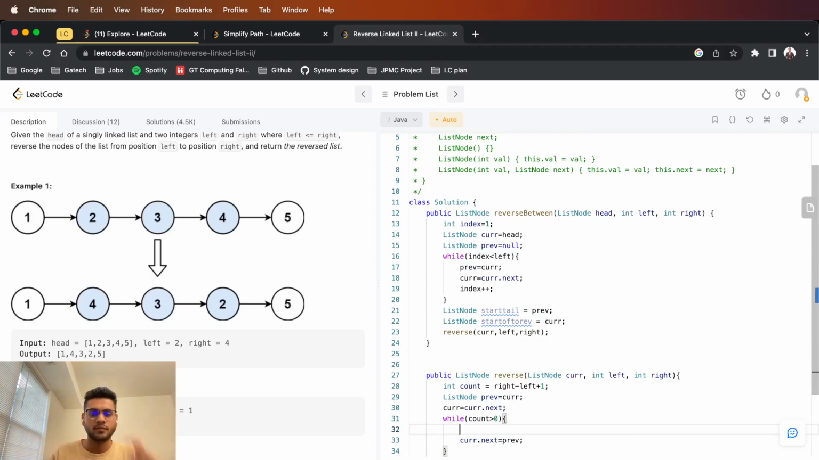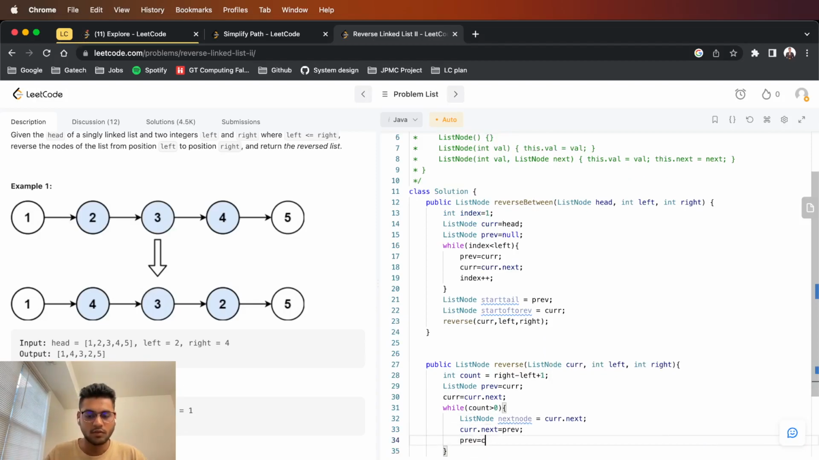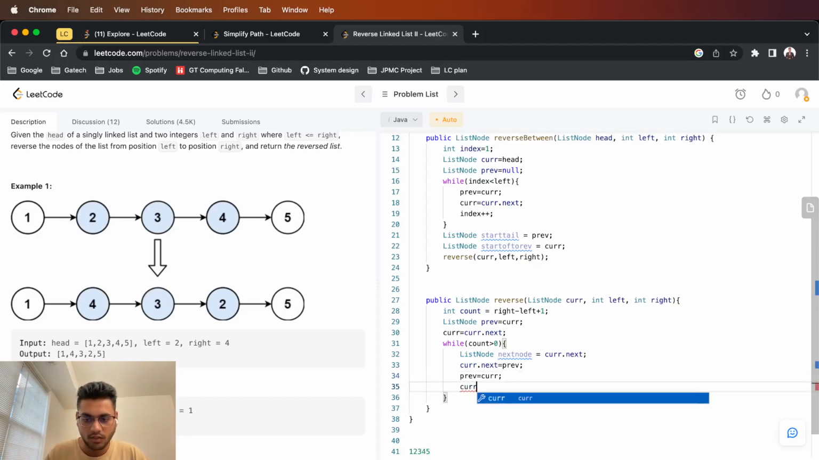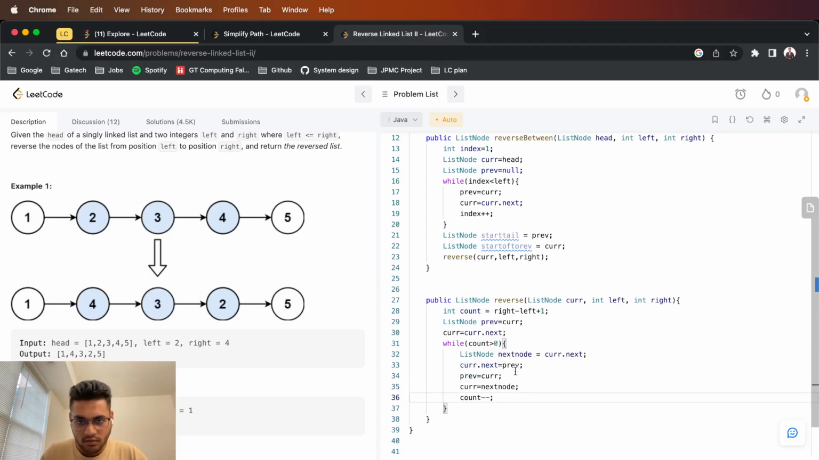Okay, how do you reverse? So I have 2 and 3. I'm going to keep my next node. Next node will be equal to current.next. Current.next will be previous. Previous will go to current. So basically 3 will point to 2. 2 comes to 3. 3 will go to the next node, so current will be equal to next node. And I'll do count minus minus. What I'm doing here is I just reversed one, and I decrease my count by 1. Count was initially 3, 4 minus 2 plus 1, that's 3. So I reverse 1, I decrement my counter. I reverse 1, I decrement my counter. And then I need to stop reversing. So while count is